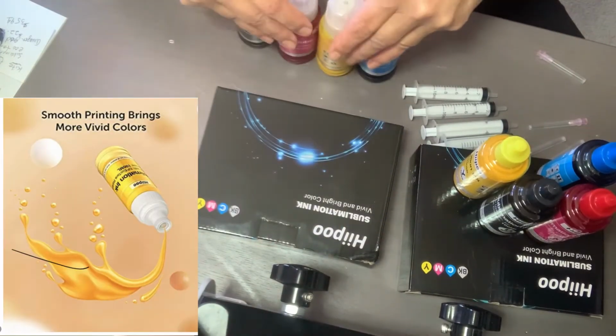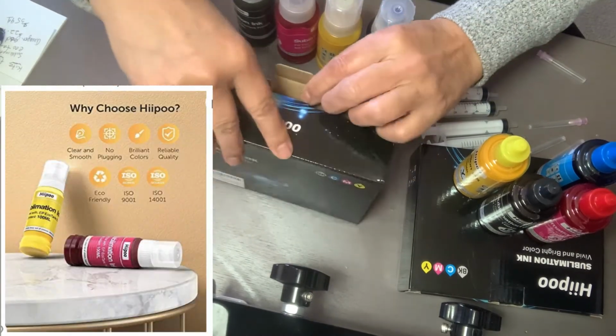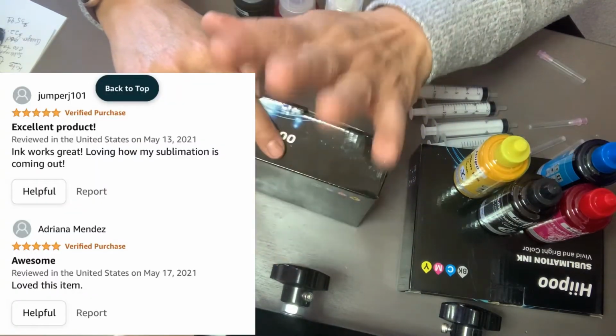I hope you guys try it. Look at the items that I printed on my other videos, and you can see the quality of the ink is really good. I'm also going to put some images up here showing some of the reviews that I grabbed